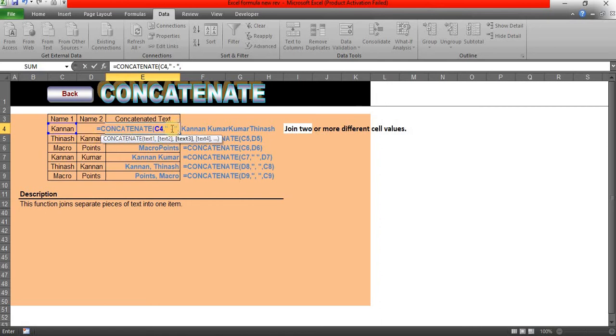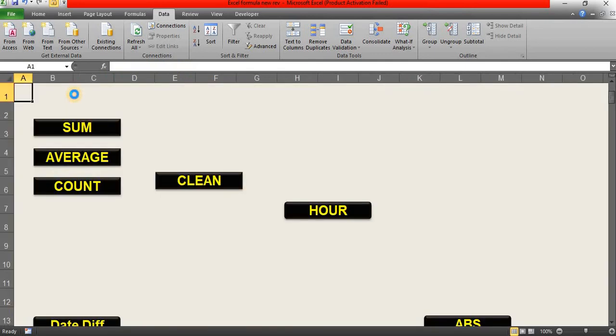So now it will consider this as text 2. So the C4 is text 1 and this one is text 2. Manually I have updated the values, then text 3. Perfect. Now you can see Kannan space hyphen space Kumar. We got the exact results using the concatenate formula.